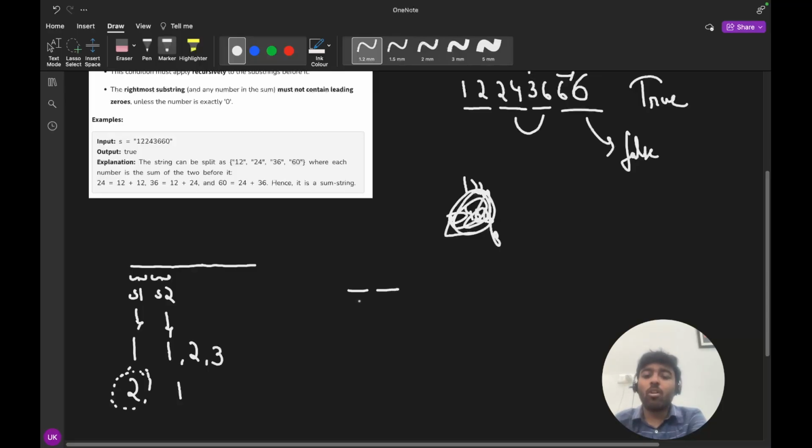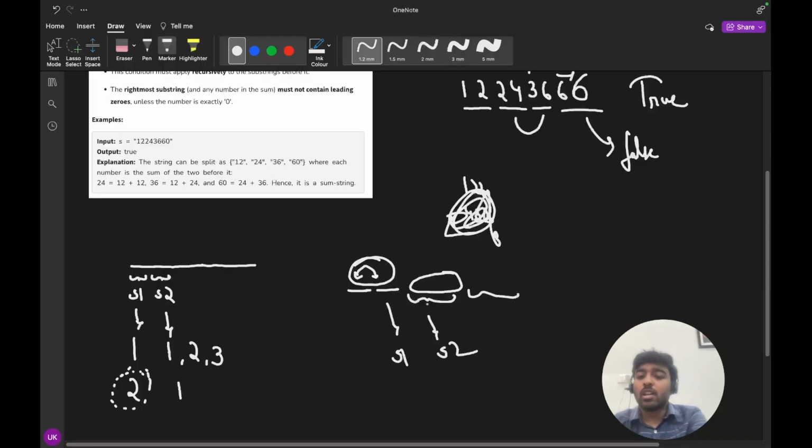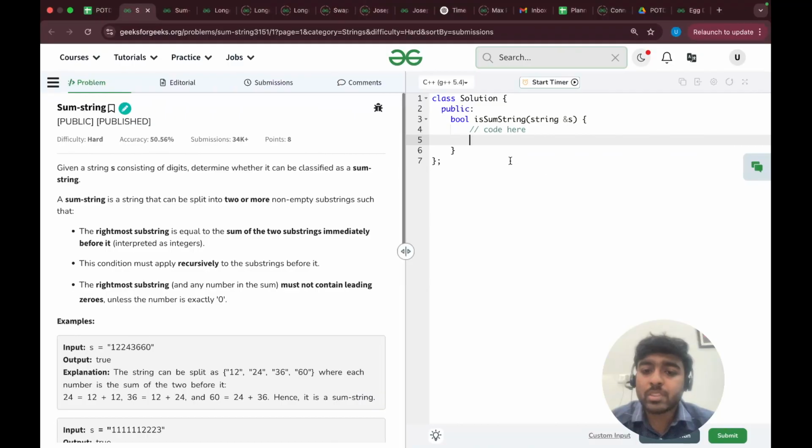So we will check for all the cases, meaning we will take the s1 length from 1 to n, similarly the s2 length from 1 to n, and after taking the lengths we will sum them up and check whether the next part is equal to the sum of these. If this is correct, we will check further cases by taking this as s1 and this as s2. And if at any point we are not able to get the sum, the string after it, then we will say that the answer is false. Okay, so let's code it, then you will get what I am saying.